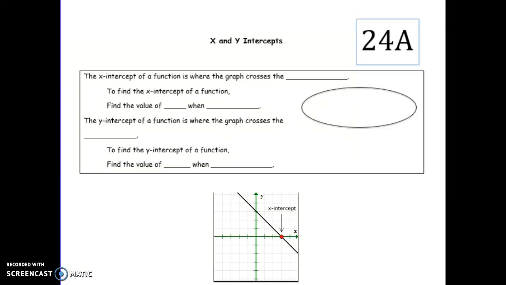Hey guys, today we are finding the x and the y intercepts. The x-intercept of a function is where the graph crosses the x-axis. To find the x-intercept of a function, we want to find the value of x when y is equal to